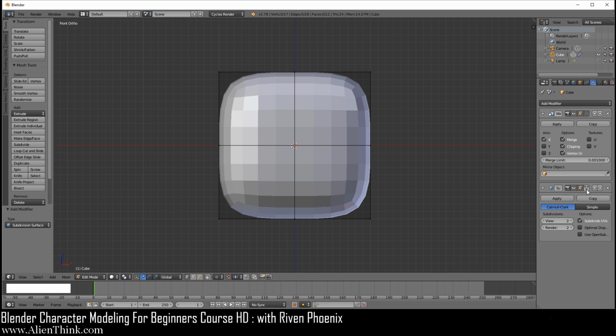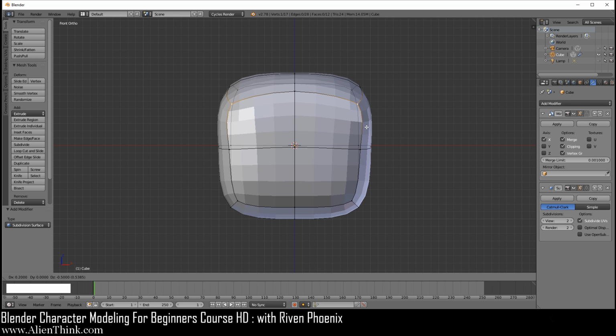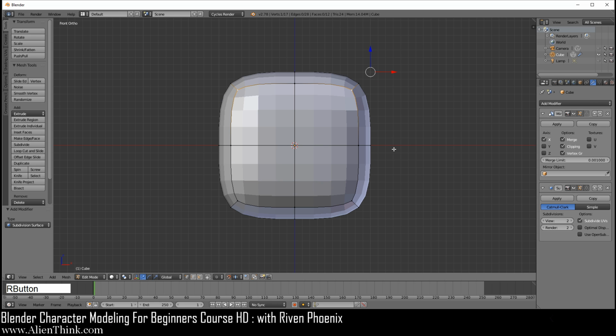The other thing that you can do, which we're going to do later, is that if you click this, you can actually modify the actual subdivision. So if I right click and move this, you can see that I can do this. I'm going to right click to cancel this. Remember, you can do Control Z anytime to go back to the way you were. A to deselect. Let's go ahead and disable that. We're just going to modify the cage in the beginning.